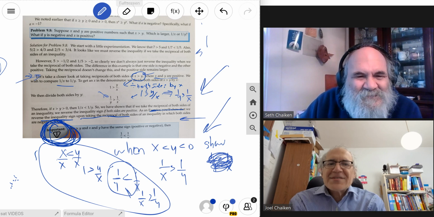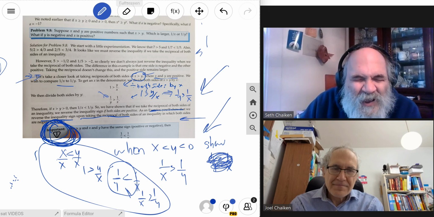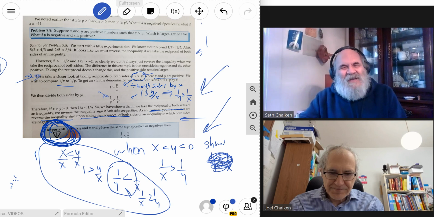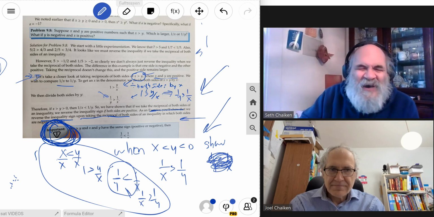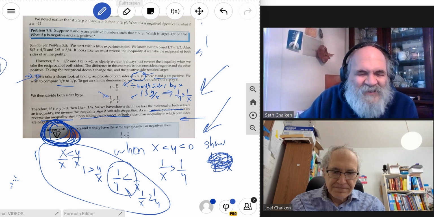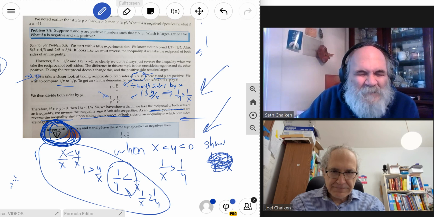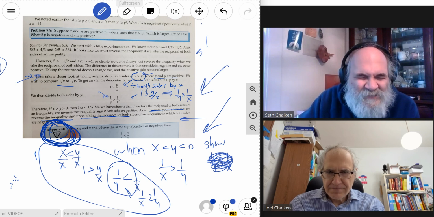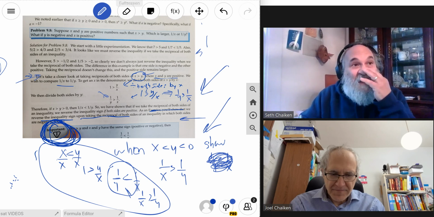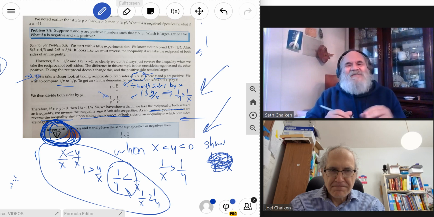No, this is more of a reciprocal thing. If X is greater than Y, then... Dividing by X is the same thing as multiplying by the reciprocal of X, and reciprocating maintains the same sign. In other words, divide by X is the same thing as multiply by 1 over X, and vice versa. X and 1 over X are the same sign. So the rule is